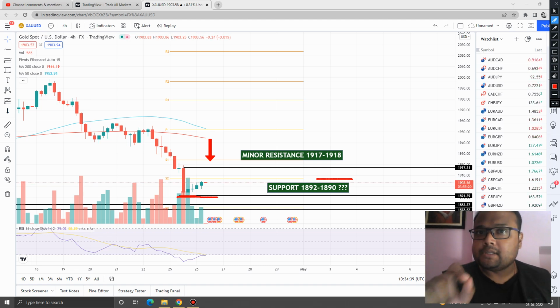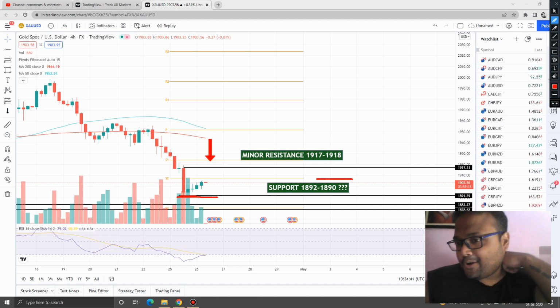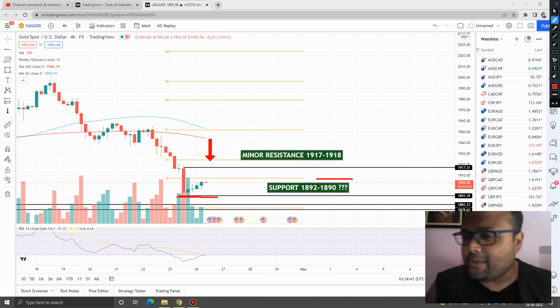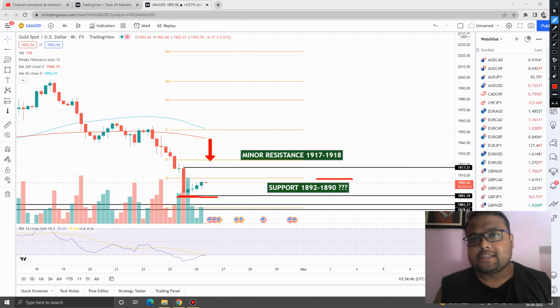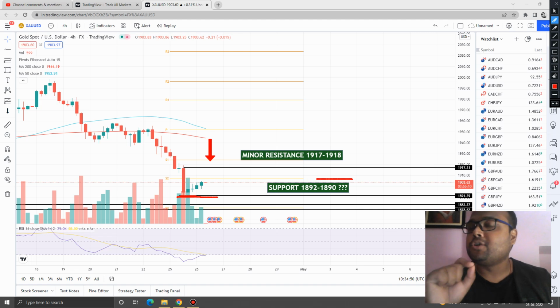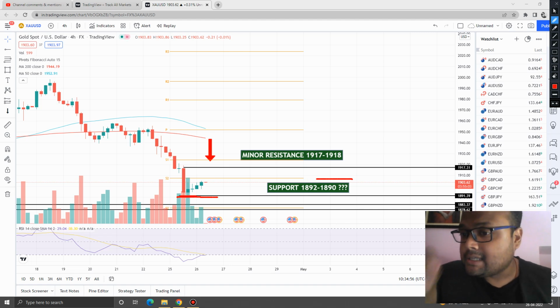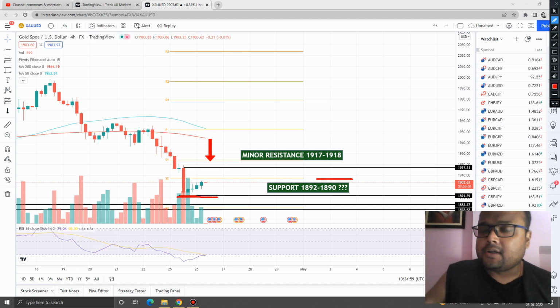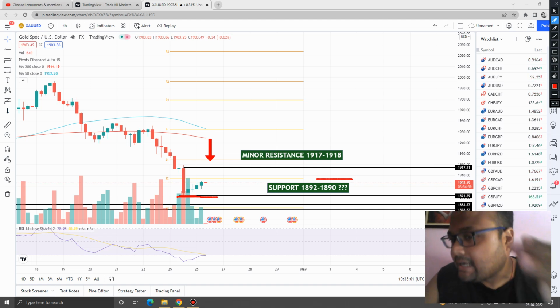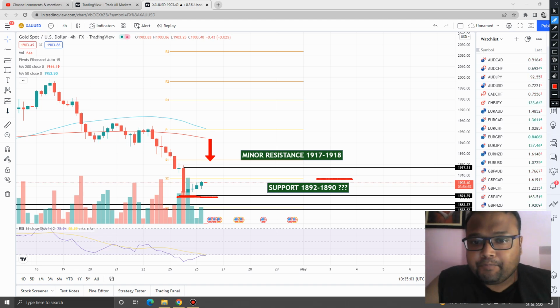See, during all these days, I have been saying that this is the strongest support. Yes, this was the strongest support, but right now it is not, because the market has already tested it and already bounced. Right now, if the sellers push the market further and the selling pressure increases, then the market may break this support as well.